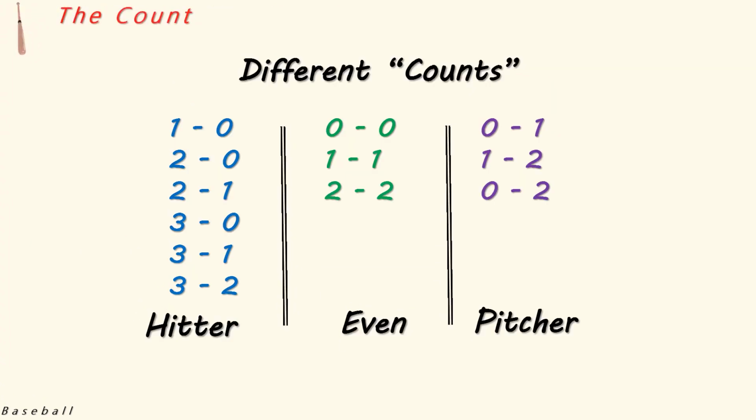When the hitter is ahead of the pitcher, the count is called a hitter count. That is, the number of balls is more than the number of strikes. Similarly, when strikes are more than the number of balls, it is a pitcher count. Note that the pitcher throwing the ball to the hitter is called a delivery. It is the same in cricket, that is, a bowler bowling to the batsman is called a delivery.